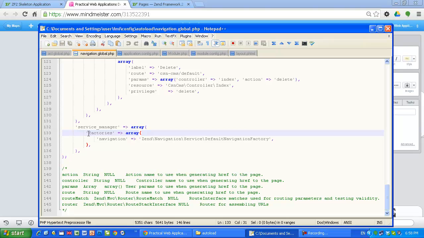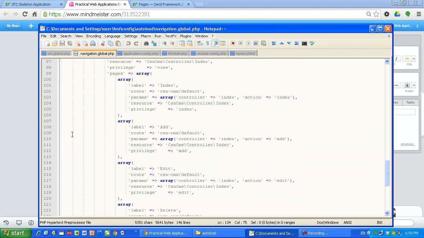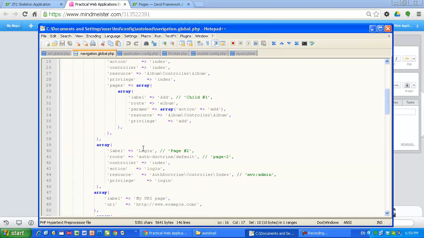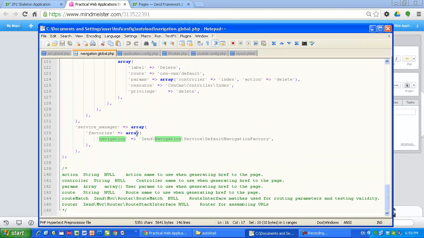manager how to instantiate one navigation object. As you can see in the section factories, you say navigation, and that's it. The service manager can be called after that, and you can get this navigation object from there. The factory is actually looking in the configuration array for the key by the name of navigation and creates the navigation object. Okay, now